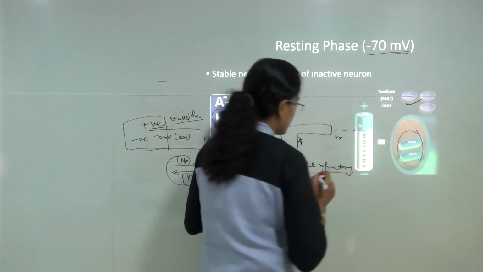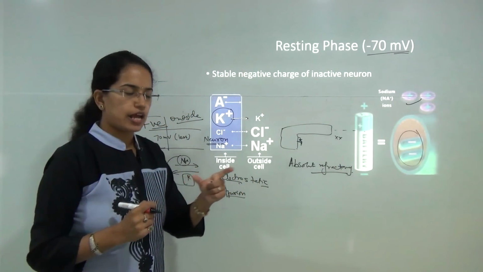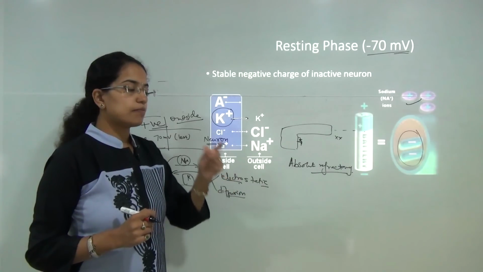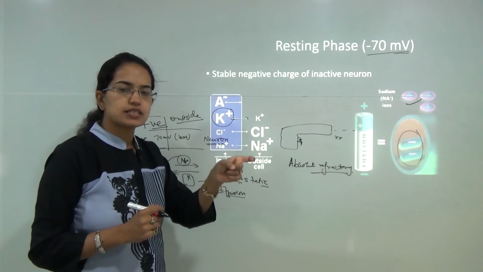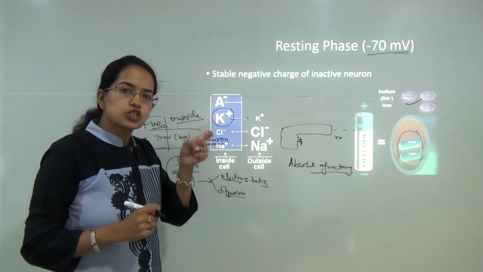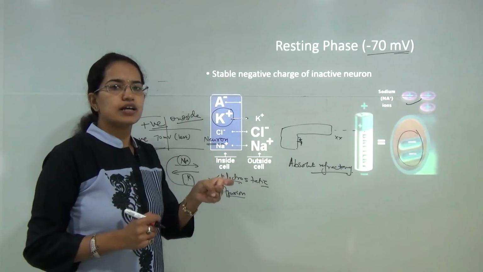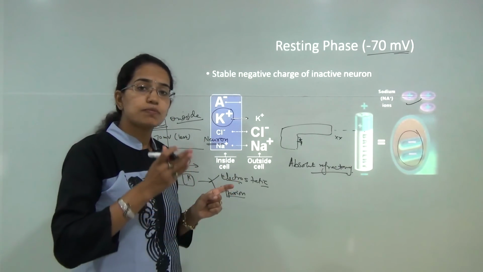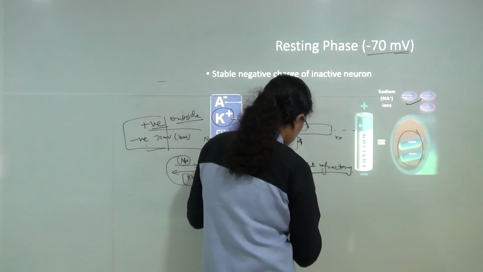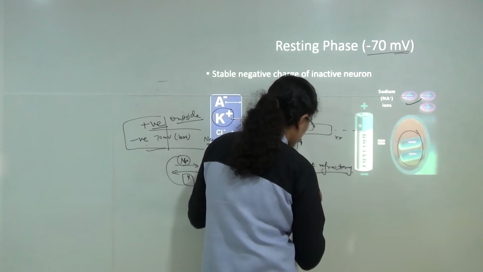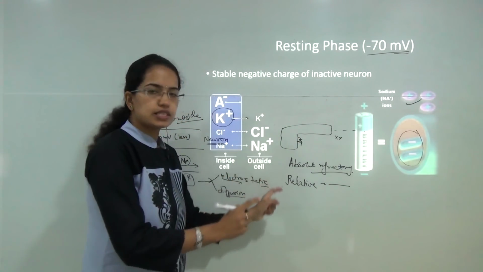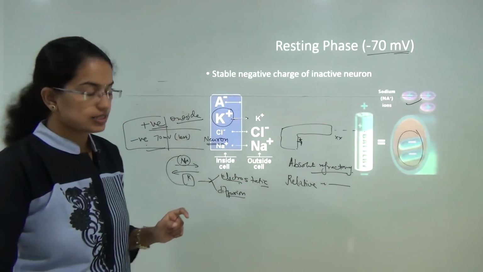However, if I wait for say few seconds and try to fire it again, I will be able to fire it, but I would have to press the knob very hard. That means there would be a stimulus that is required, and that stimulus should be very, very high, and only then the gun would be able to fire, and that is what is known as the relative refractory period. We'll see again how it works in the later section.